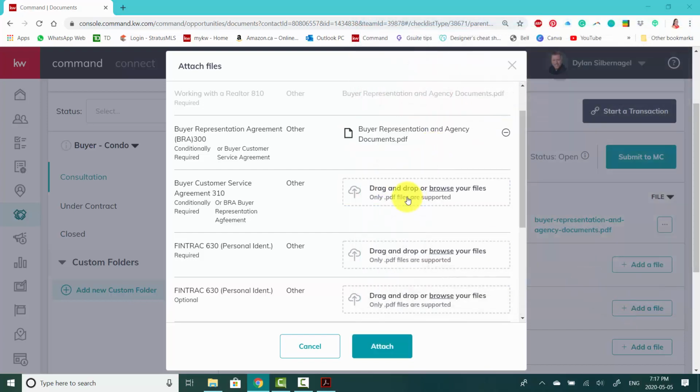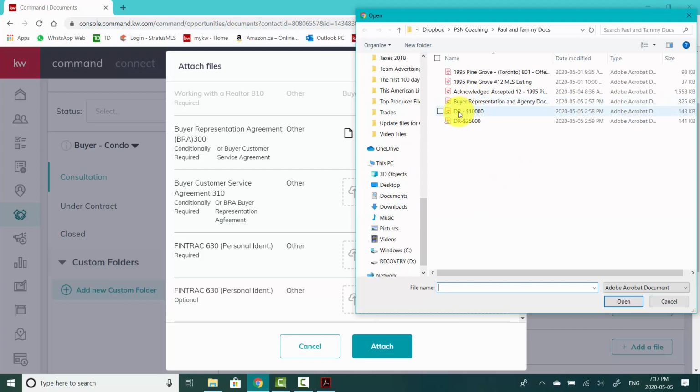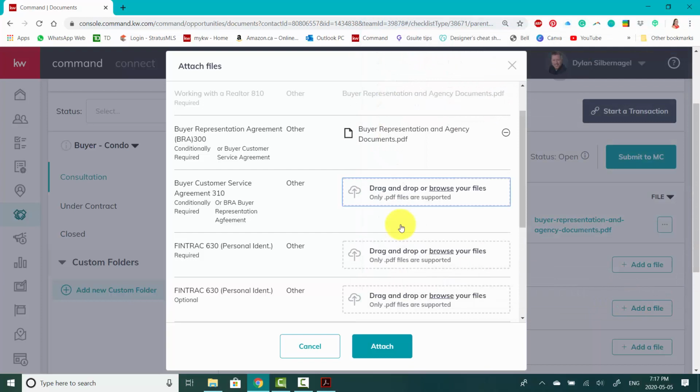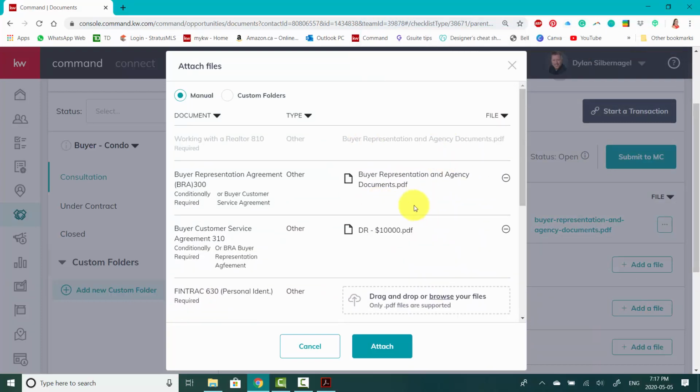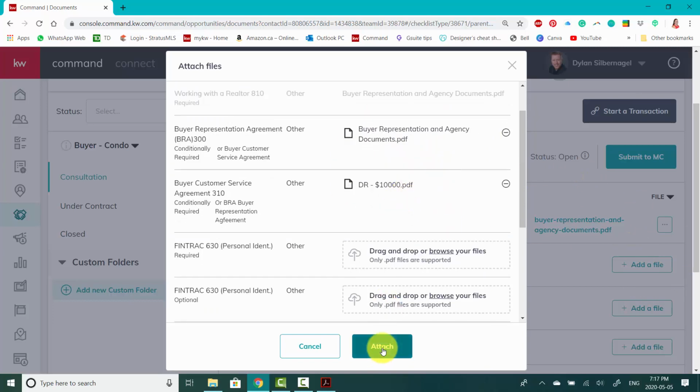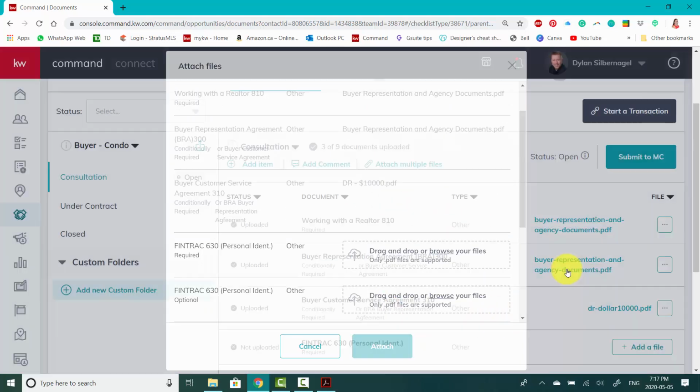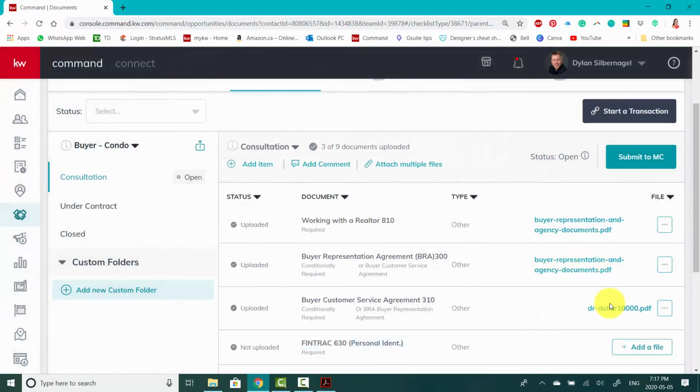And then you can click on this one, which is the next one, and you can select the file that you'd like to add there. And you can go through all of the different files, adding them individually until you have everything attached. This allows you to do it without having to click add a file every single time. Once you're done, you just hit the attach button, and then those documents will also show up here on the